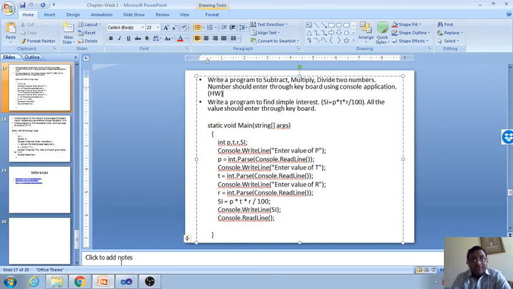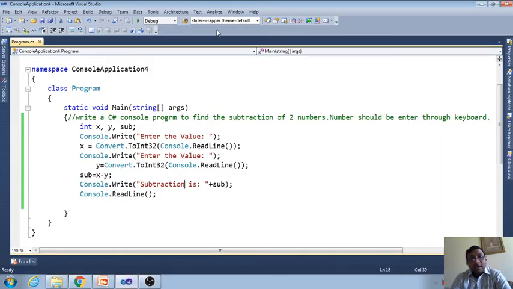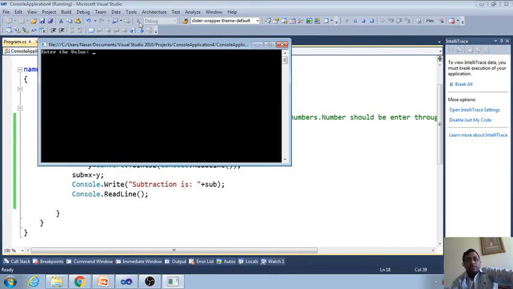Remember, after writing every program, you have to check the result manually, whether the result is correct or not. If you do not check, maybe your program is working but the result may not come correct, right? So you have to check the result, very important. Now the question is how to check the result. For example, this program is to subtract two numbers. I am going to give two numbers, 9 and 6. We know 9 minus 6 is 3. If 3 is coming, it is correct. If not, it is not correct.